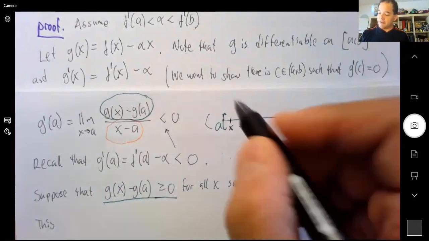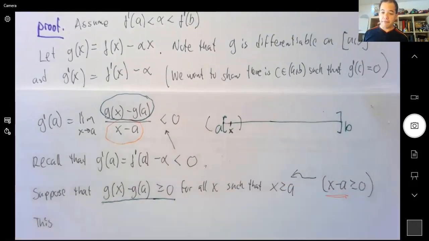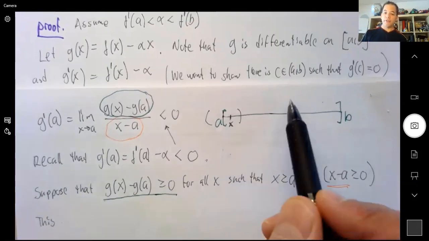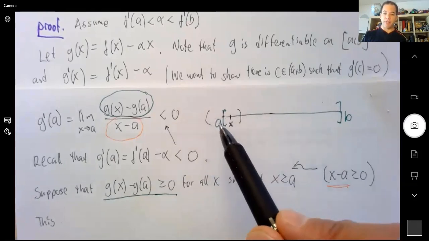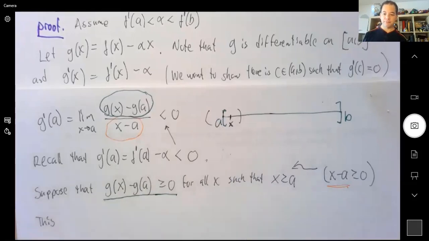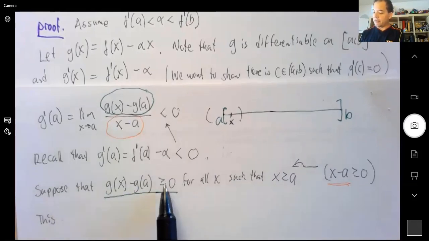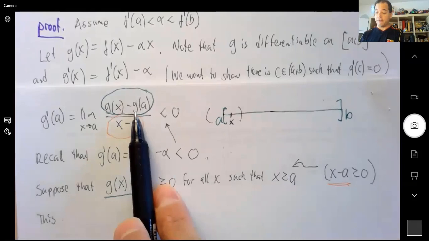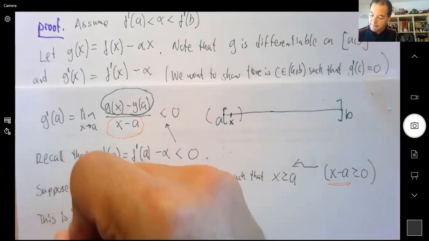So in this case, the point that I'm trying to make is that right now I'm only considering x's to the right of A. That's really all that I care for this theorem, right? We want to show that there is some c in between. So I wouldn't use x's on the left because that would be worthless for my result. Gotcha. Okay. So going back to what we were saying, it's impossible for these to be positive for the values that are greater than A, because then both of these would be positive numbers, and then the derivative would be positive. So this is impossible